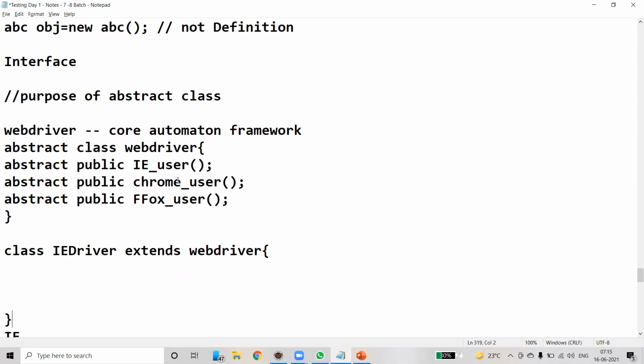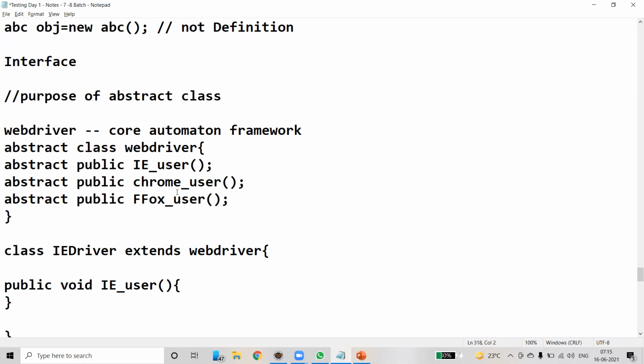Is it clear? So how to implement? Public void IE underscore user. Now we have to implement the IE user here.